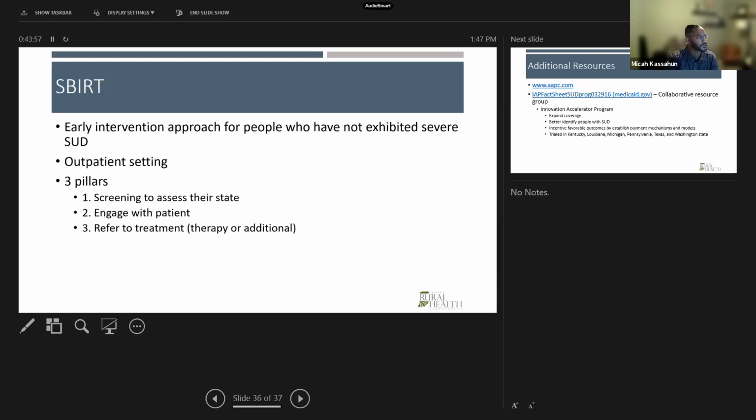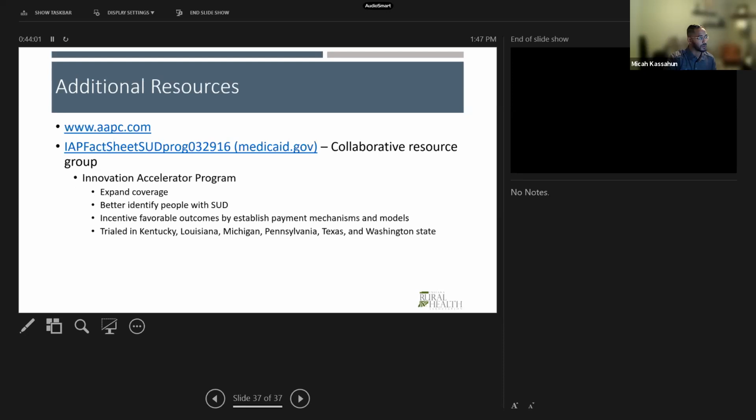And then this is a description of an expert, but I don't think we have time to go too deep into that at the moment. Ultimately, there are additional resources if you're trying to get a deeper understanding of all of this. I would recommend AAPC.com, which is an academic association of medical coders. They keep up to date with all the information that CMS is releasing regarding that.